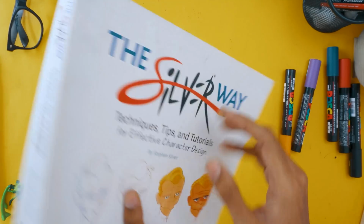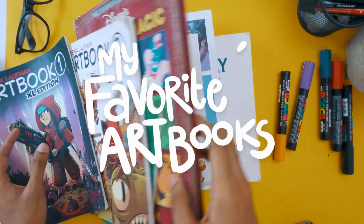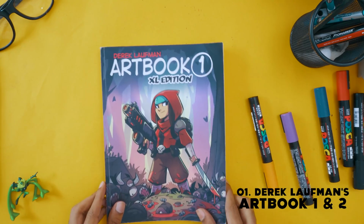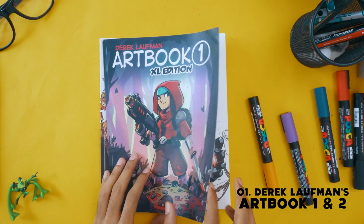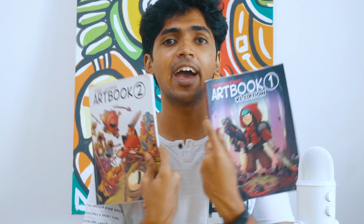something tangible, because we live in a digital world all the time. We're looking at things through Instagram, everything's good, but I love art books, and I want to show you guys some of my favorites. So the first art book that I absolutely love, love is an understatement for these two books that I have,